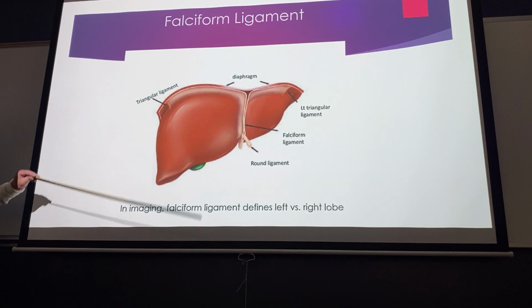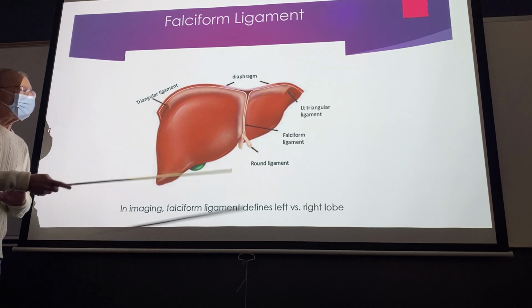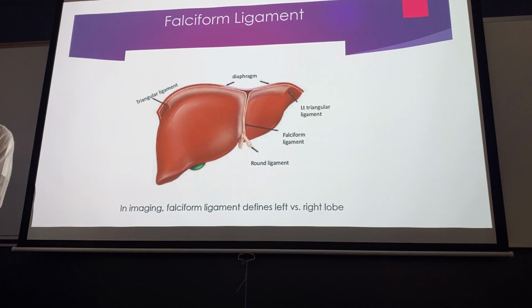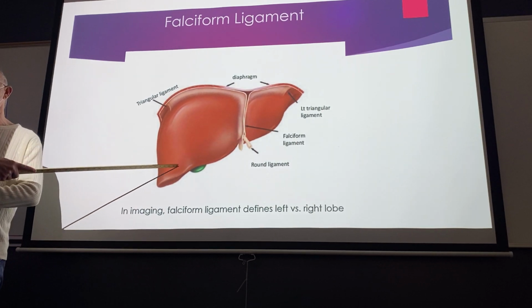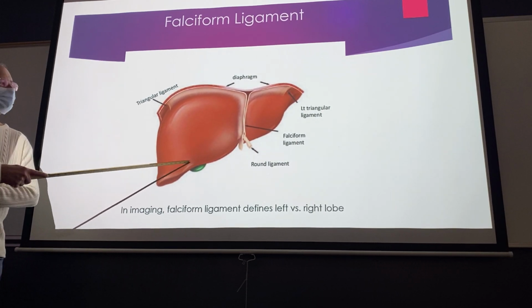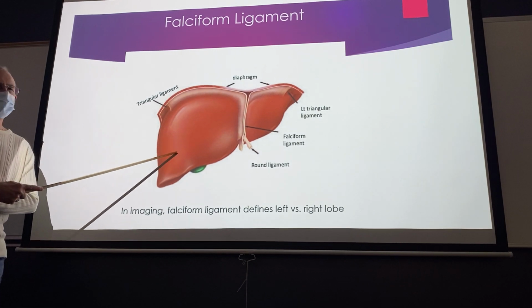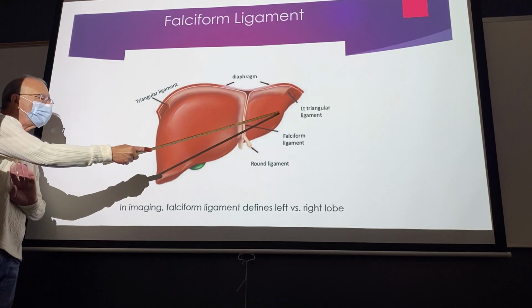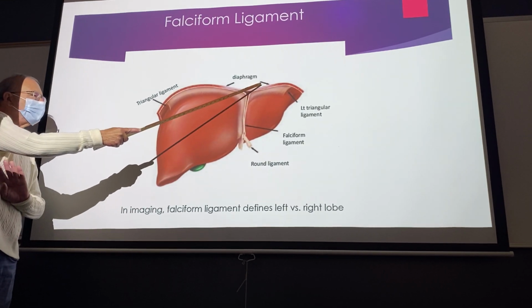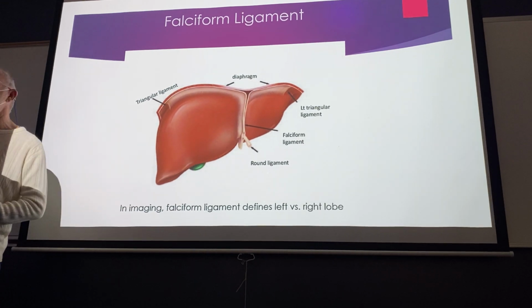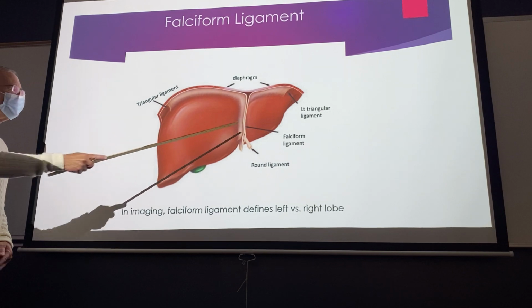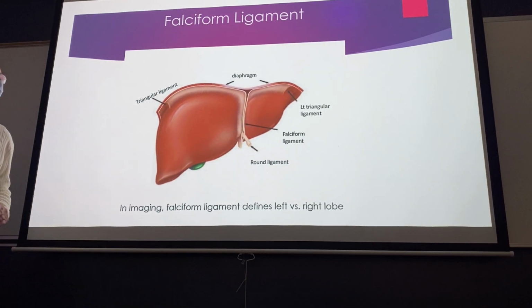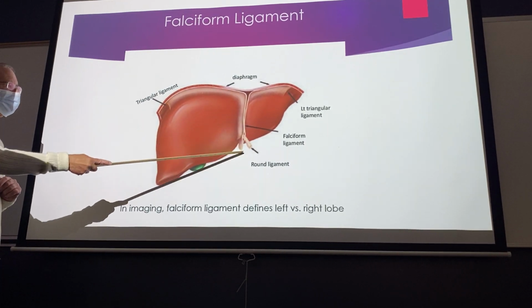We'll talk about its significance here in a moment. But from the standpoint of imaging, whereas the liver has 8 different segments to it, we look at it from 2 major portions in imaging. We have the right lobe and the left lobe over here. In imaging, the falciform ligament becomes a dividing point. So you have the larger right lobe and the smaller left lobe, all of which are being defined where you